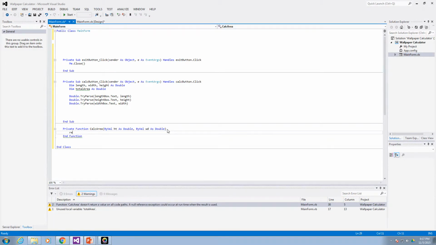And it's going to return ht times wd. So what's going to happen is that for two walls, I'm going to enter height and length here, and for the other two walls, I'm going to enter height and width here, and those arguments are going to convert into these parameters, and then those values are going to be used here,